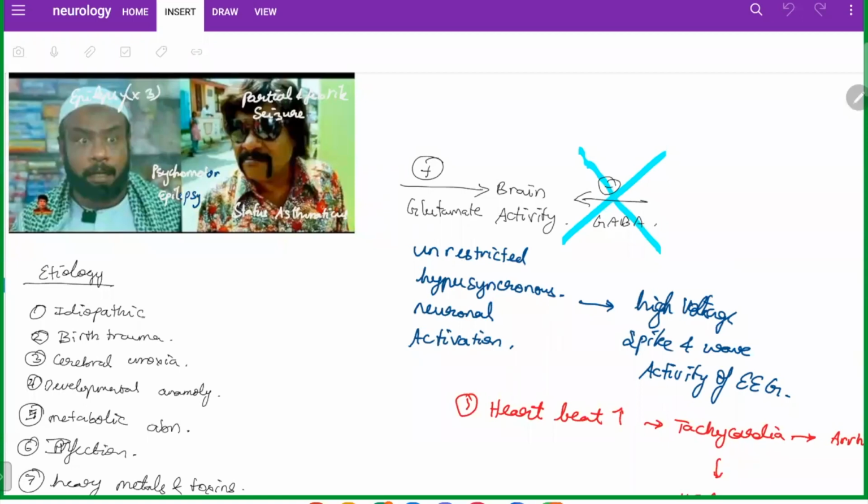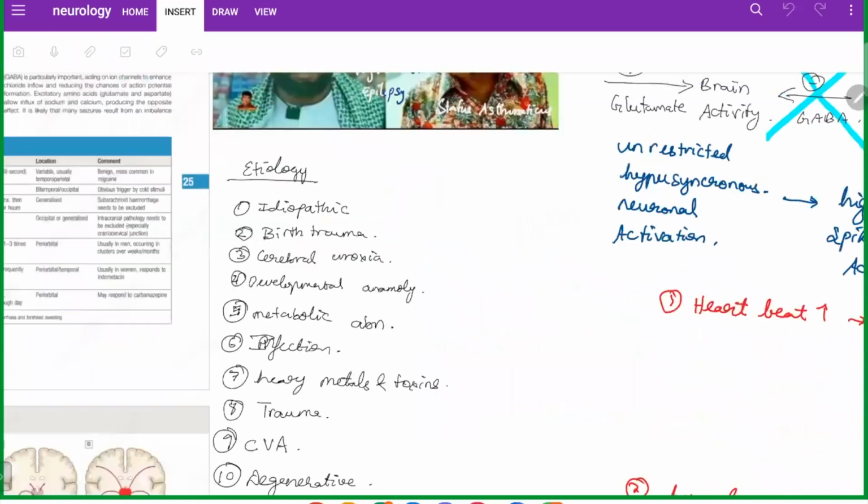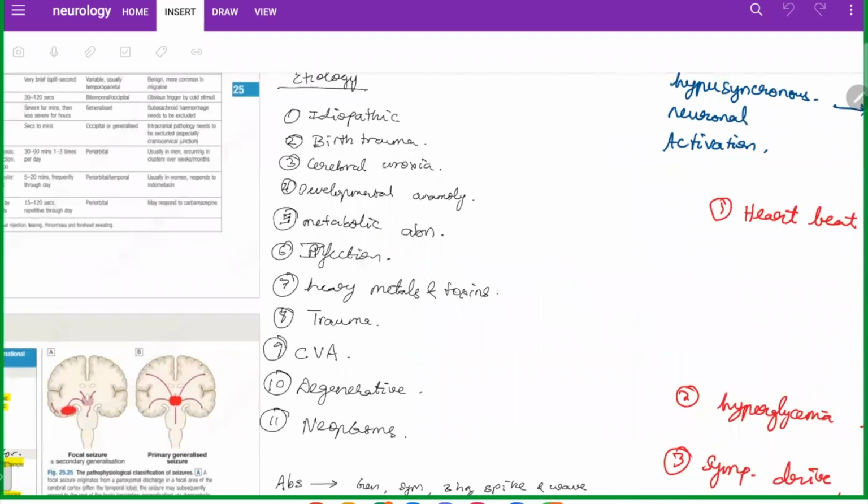மூணு definition. Etiology என்ன? 11 etiology. Idiopathic, birth trauma, cerebral anoxia, developmental anomaly, metabolic abnormalities, infection, heavy metals and toxin, trauma, cerebrovascular accident, degenerative and neoplasm. This is 11 etiology. Now you know what is a seizure and other things, what is the etiology and what